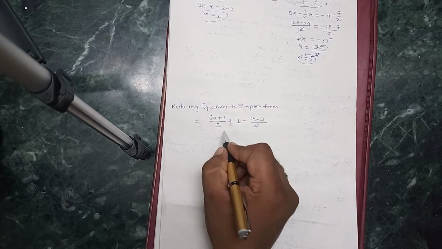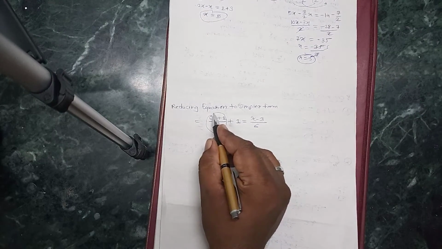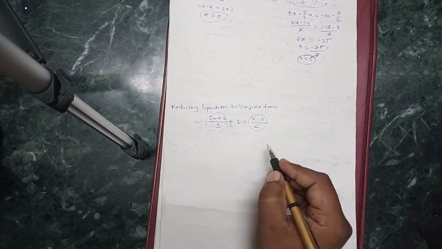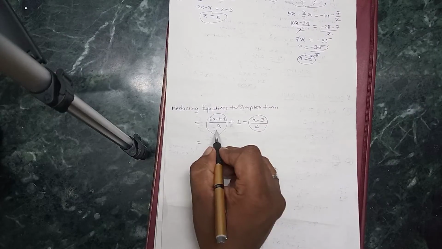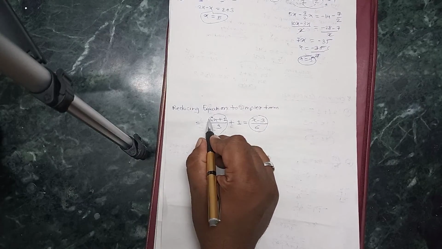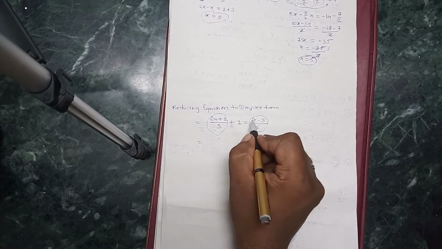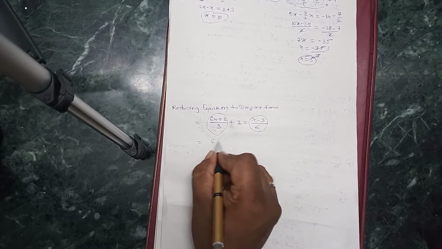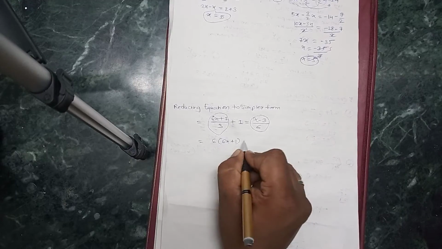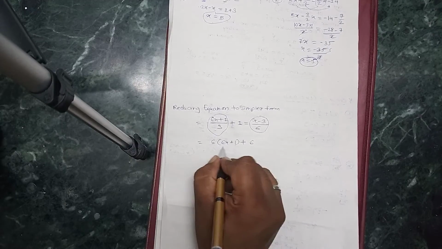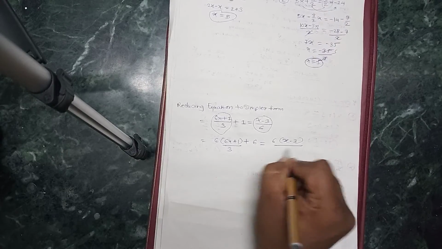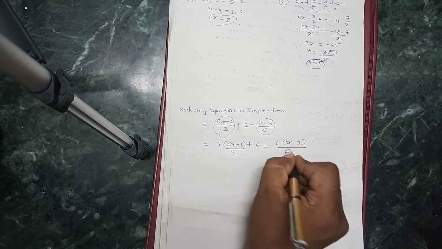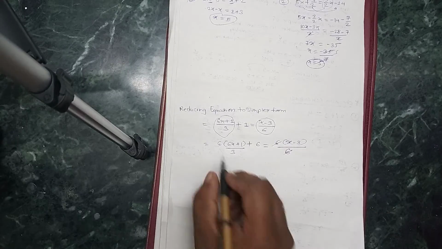So for this, here we can see this is one complex form, this is one complex form. So for making it simple, we have to multiply by 6 here, 6 here and 6 here. So 6 into (6x plus 1) plus 6 divided by 3 is equal to 6 into (x minus 3) divided by 6. On both sides I have multiplied by 6. So this 6 will get cancelled. Now the equation will be